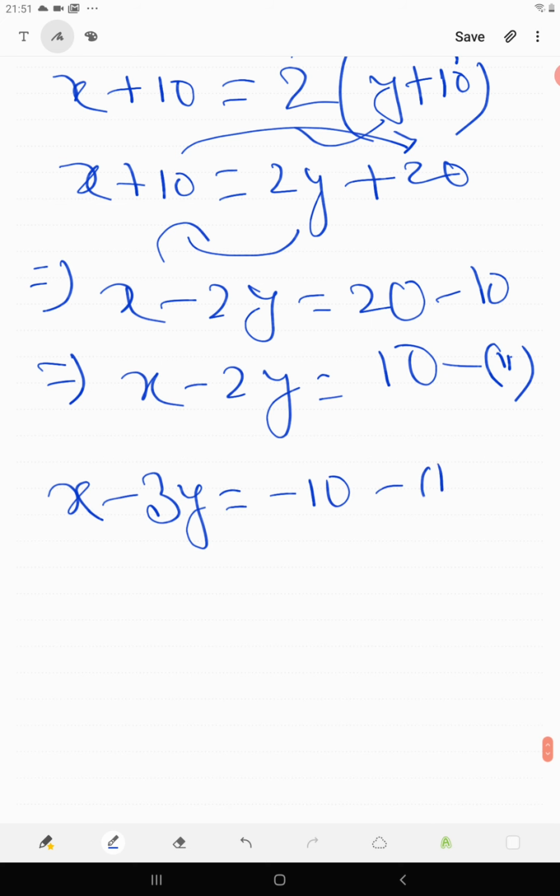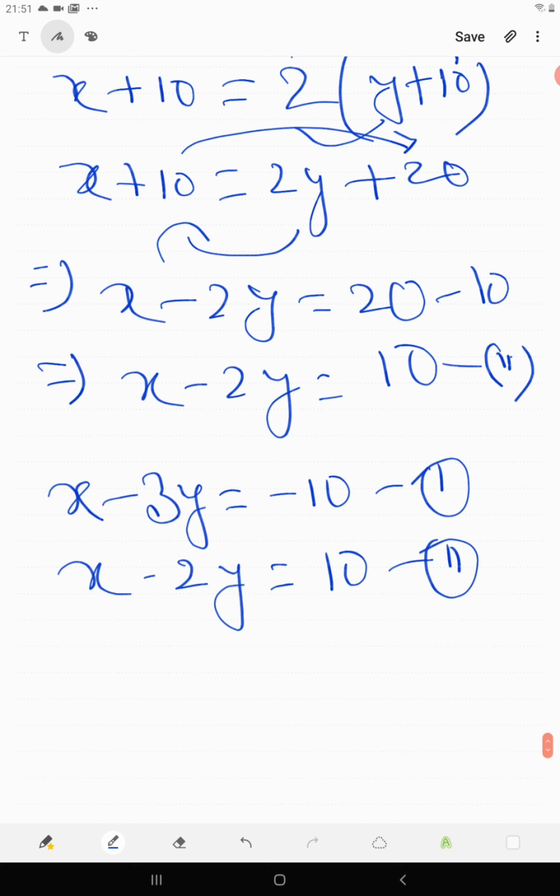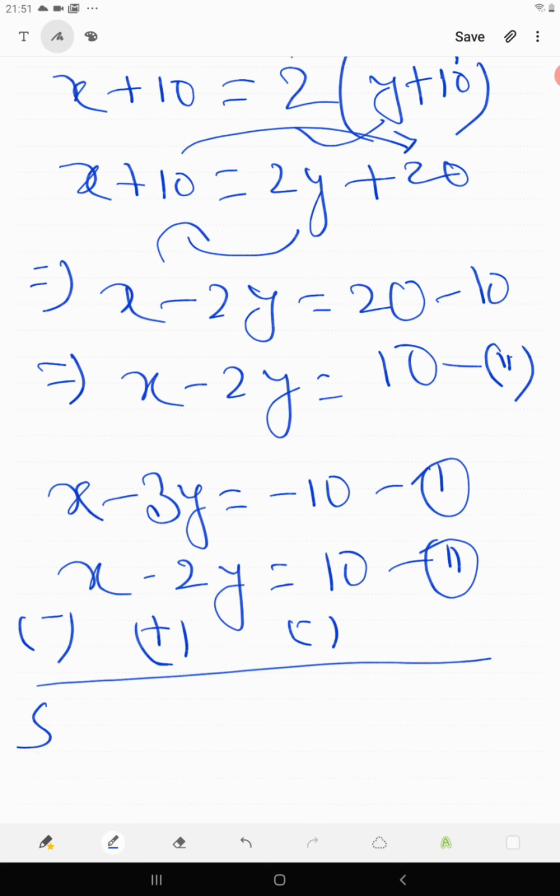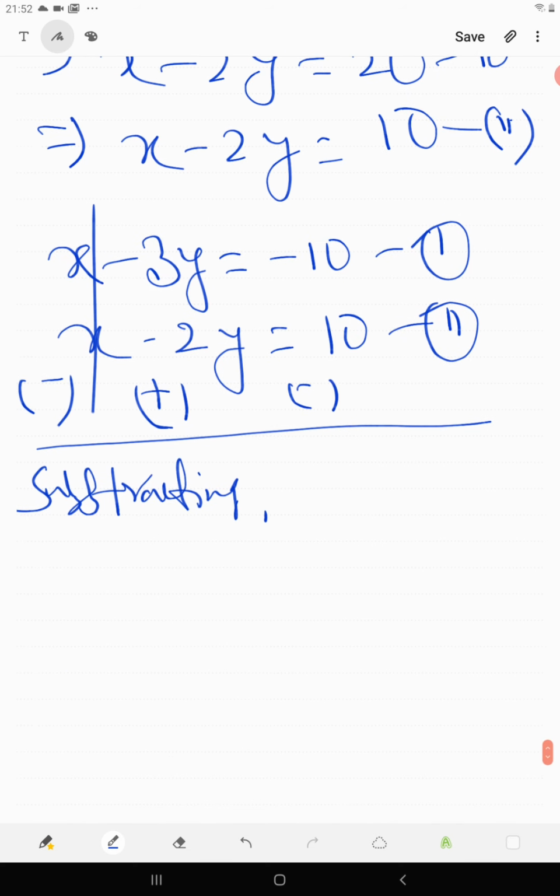This is our equation 1. And second is x minus 2y equals to 10. This is our equation 2. So since x has the same sign, we will subtract it. Of course, the bottom one sign will get changed for subtraction. Subtracting. Okay. So x minus x cancel out. Minus 3y plus 2y. Which is bigger? Minus 3. So their sign will come first. So minus. Now 3y minus 2y is y. So minus of y equals to